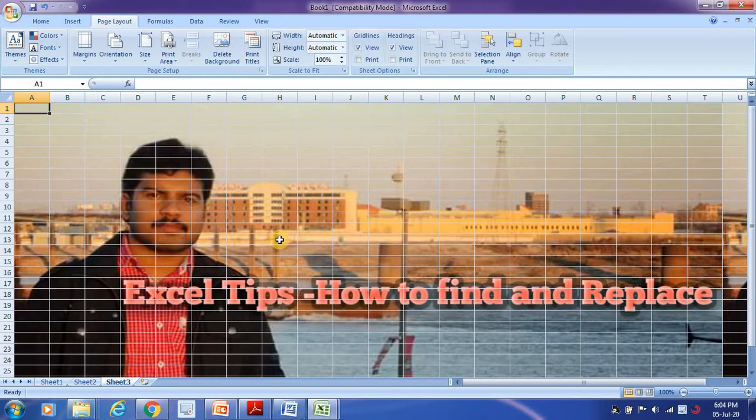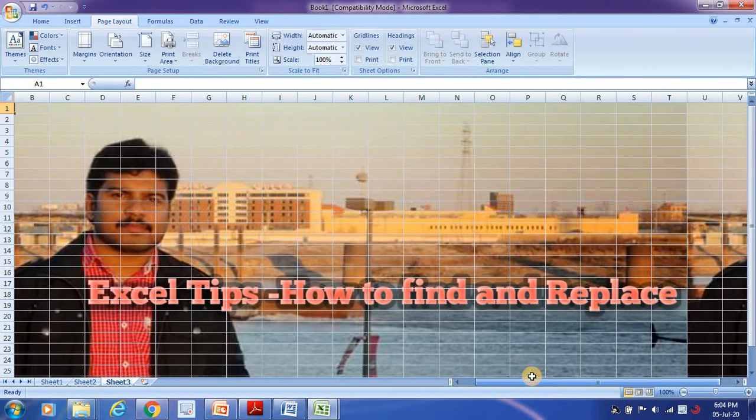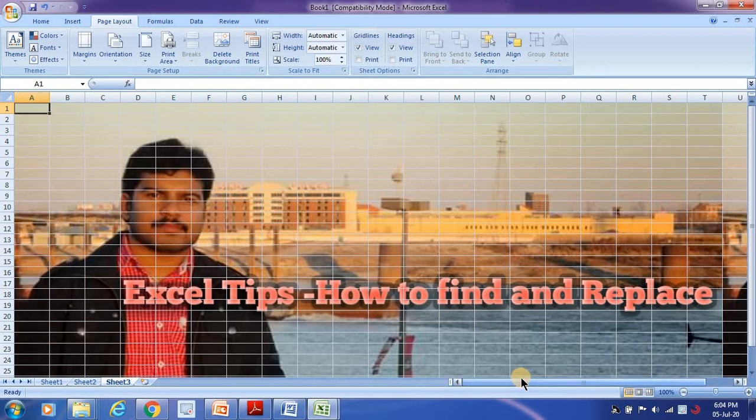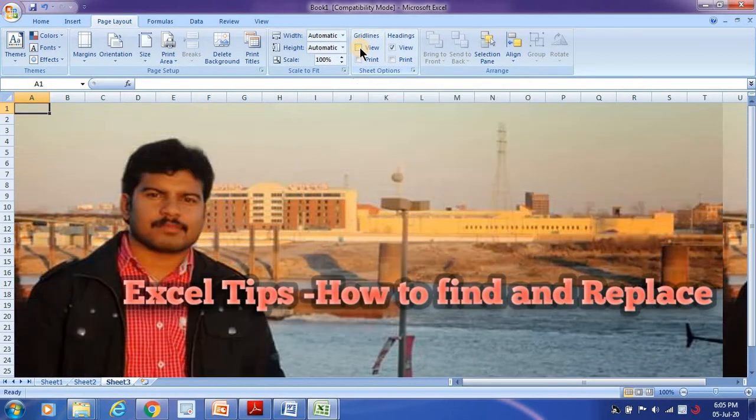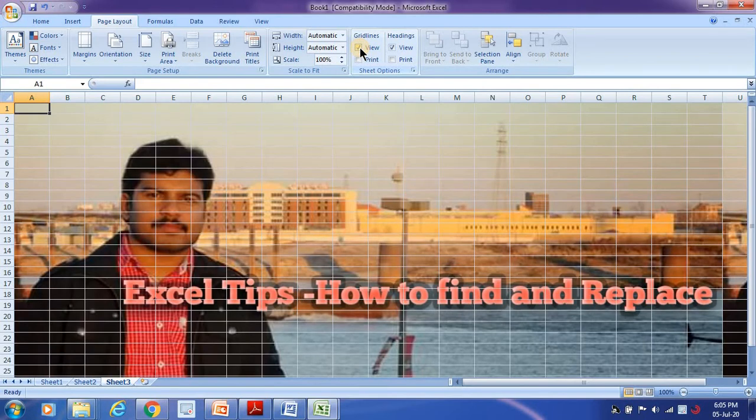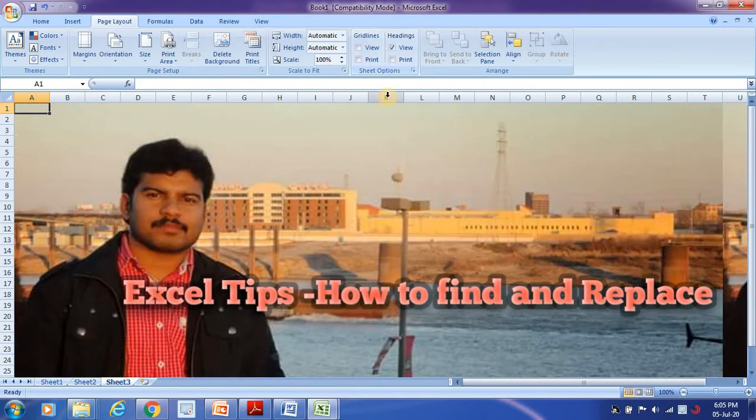And you may get a doubt: you have seen all the rows and columns are still here, and the header is also here. You don't want to see all the other text. You want a plain Excel sheet with your picture placed under it. To do that, under Gridlines you will have an option called View. If you uncheck that, those will automatically go. This way you can make your Excel visible.